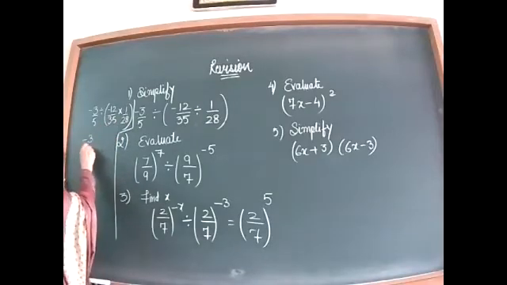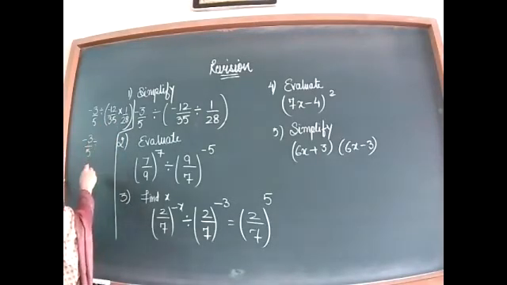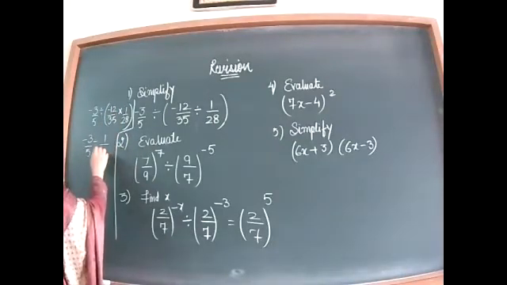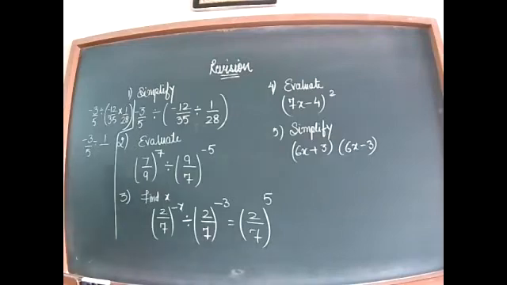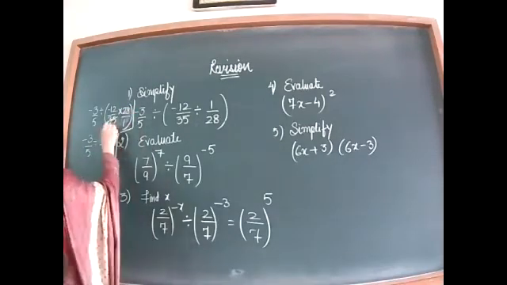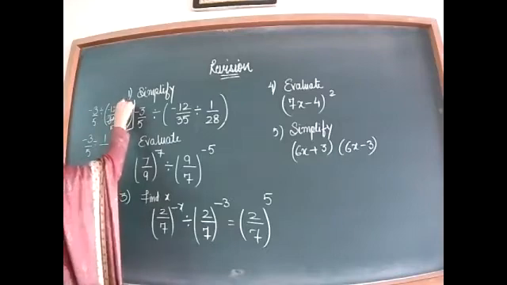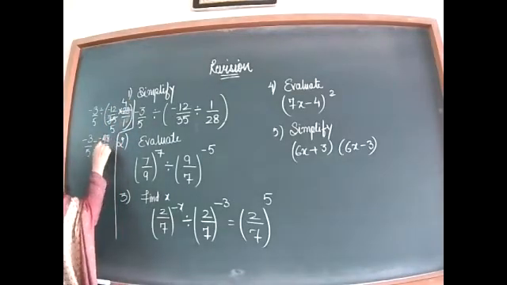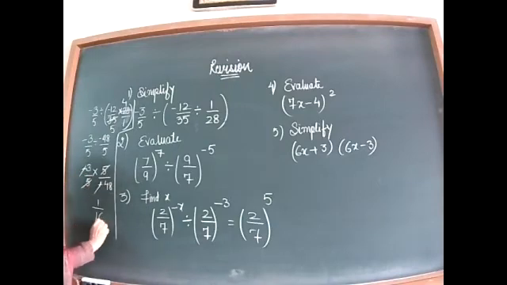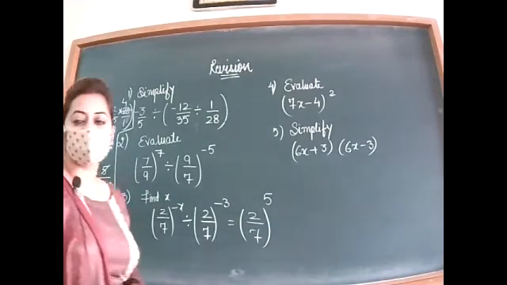What are you getting from the bracket? 48 by reciprocal. 28 by 1. 7 fives are, 7 fours are. Minus 48 by 5. Minus 3 by 5 is the same. Divide will change to multiply. 5 upon minus 48. 5 will cancel out. Minus will cancel out. Answer is 1 by 16.